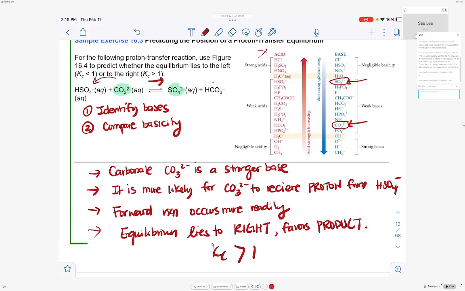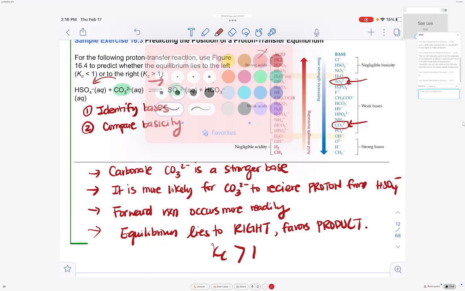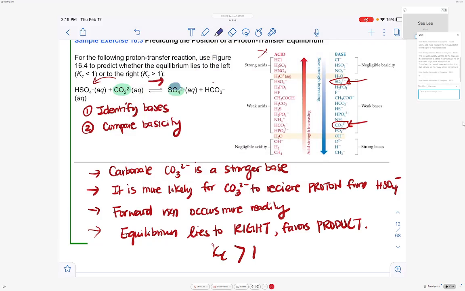So in a simpler explanation, because this is such a weak base, it almost does nothing. Okay, it has very, very low capacity to steal the proton and make the reaction go left side. Because this is such a weak base, this reaction would rarely occur. Okay, so therefore the majority of the reaction is going to occur to the right. Okay, this direction.